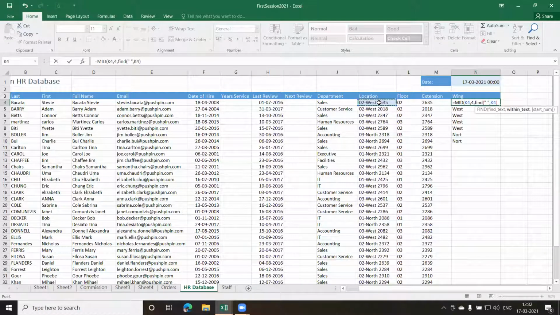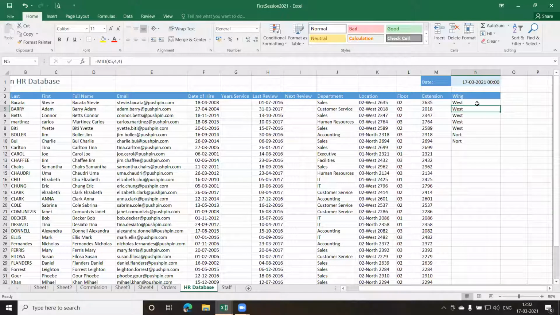From this, I'm going to subtract some characters, because if you look at the string, the last 4 characters, this 4 characters. So I'm going to minus 4 from here. Minus 4. I'll show you why I'm minusing 4. Press enter. Now I get west from here.